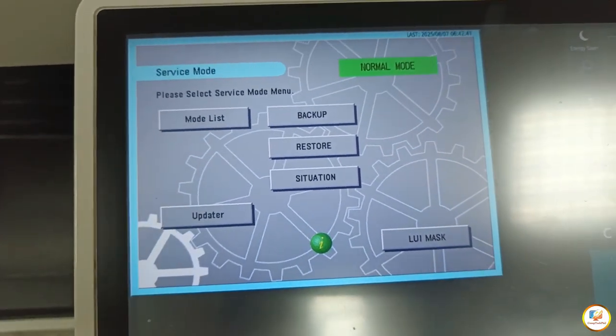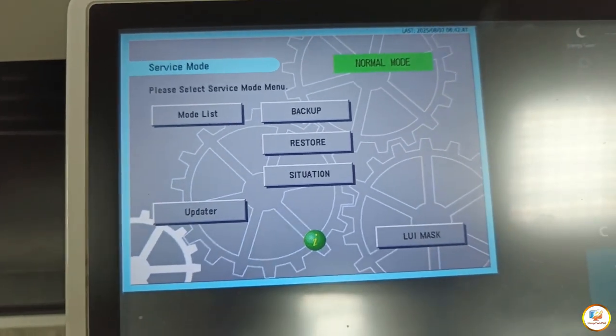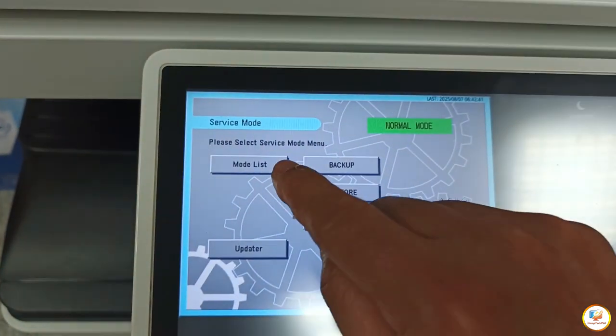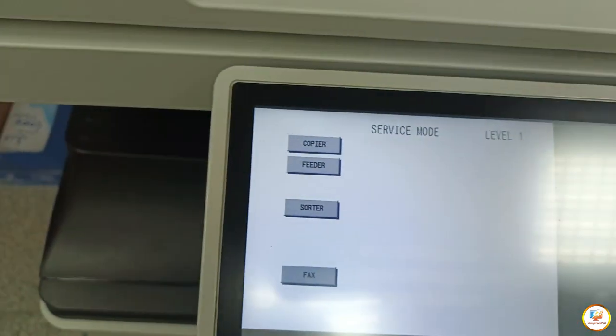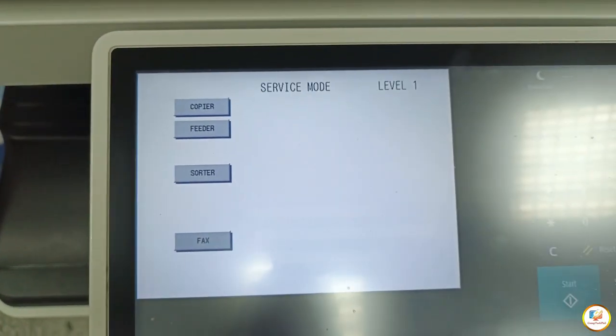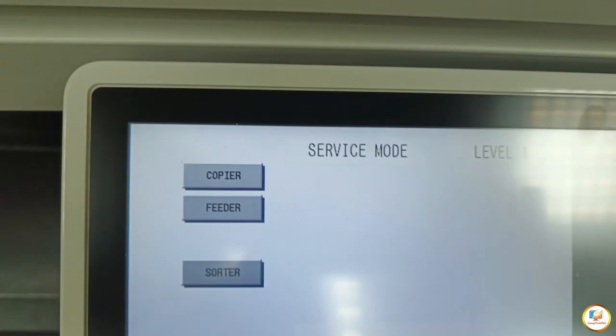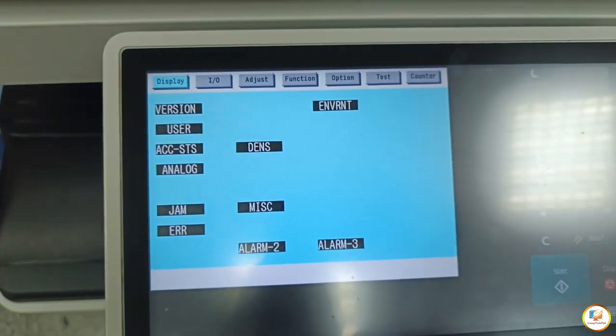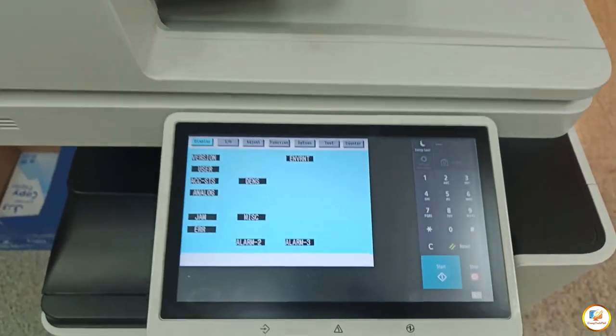After that, we're going to tap the mode list. Then tap copier.